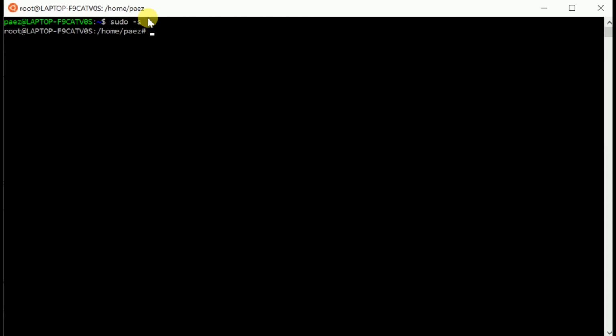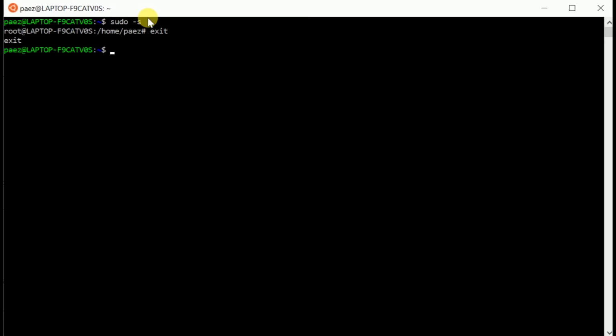So yeah, this is also a pretty nice thing, but it also has drawbacks. So you might want to take that into consideration. And to go back, you can press exit. So once you press exit, you will go back to your normal mode, and you won't be there in the